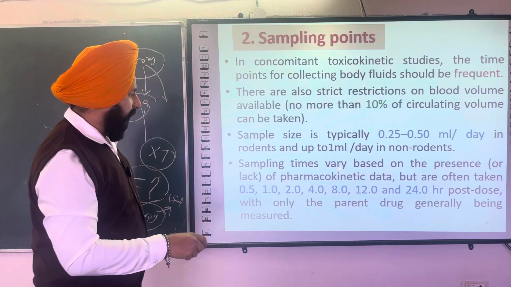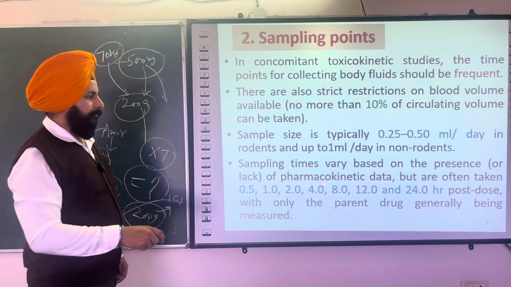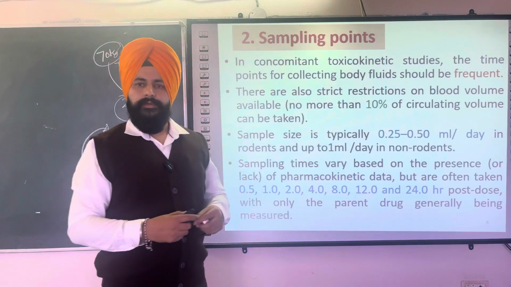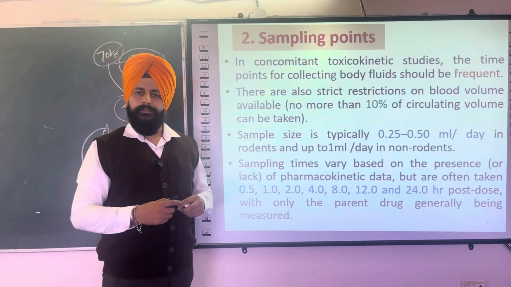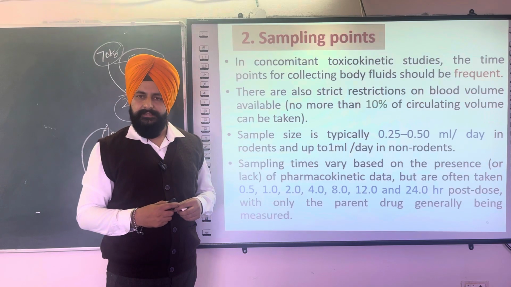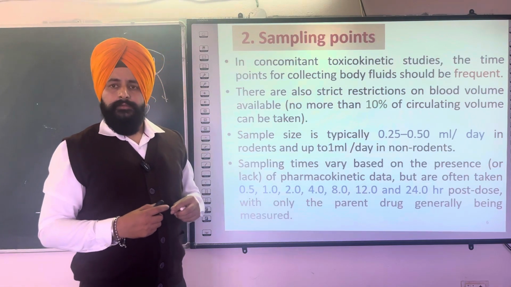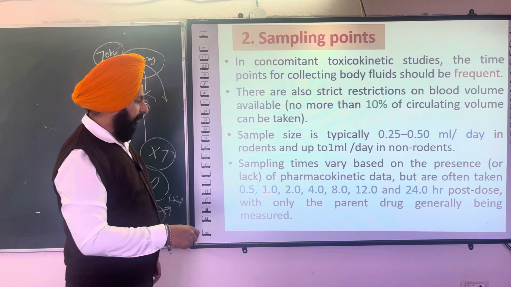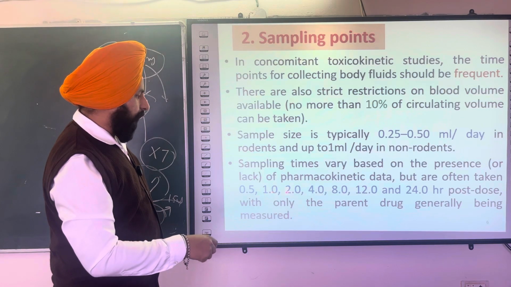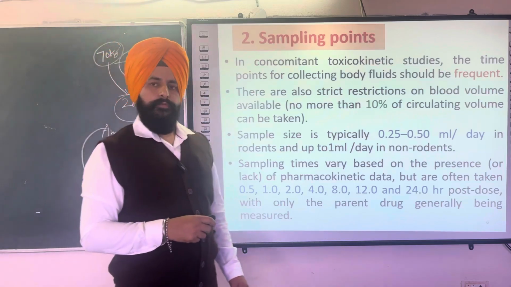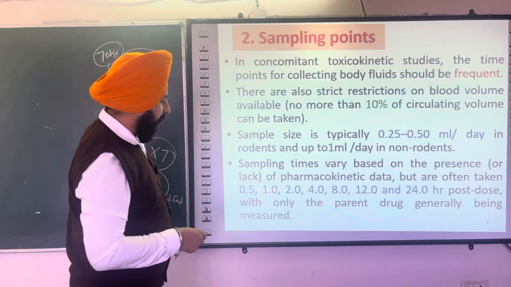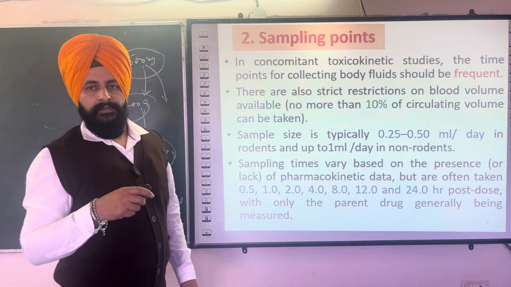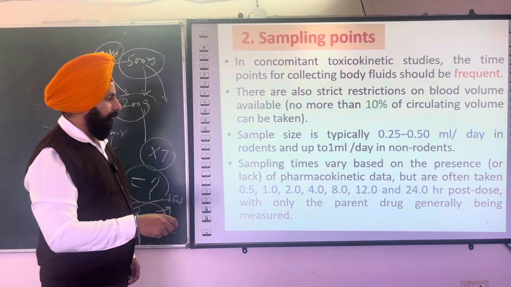So you should keep this in mind, suppose you are doing pharmacokinetic analysis, because you have prepared one formulation and you want to do pharmacokinetic analysis, suppose you are doing your work in pharmaceutics or any pharma analytical, or in industry. What you will do there, you will do your sampling at 0.4 hour, 1 hour, 2 hour, 4 hour, 8 hour, like that, up to 24 hour. So you should firstly calculate that the blood you are taking should not be from the same animal, because if you take 0.5, 0.5, 0.5, it will